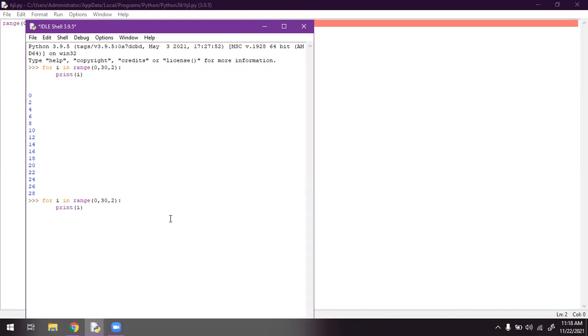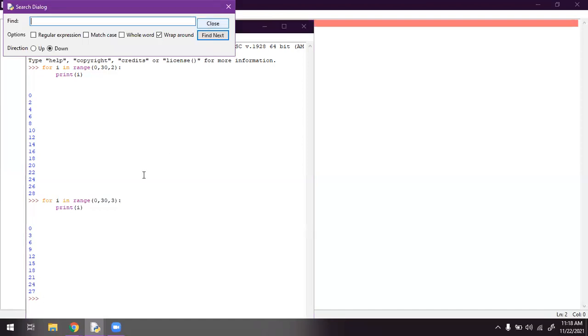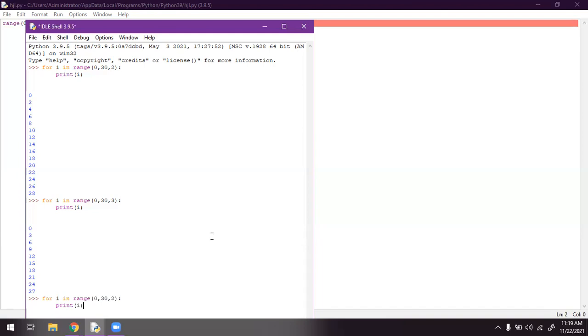Right now, what I will do, I want step 3. If I run this program, 3 digits are skipped from the start. 0, 1 and 2 are skipped, and the third digit is printed. After 3, what happens? 4 and 5 are skipped and the sixth one is printed. Like that we can use the range concept. You can change the step size as per your convenience.